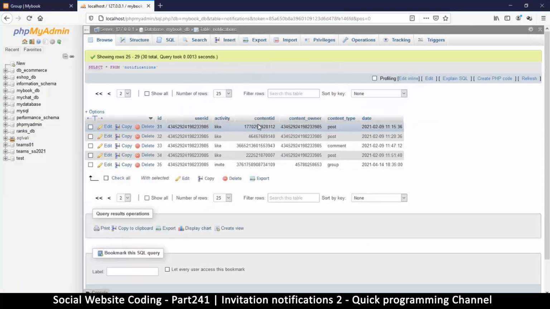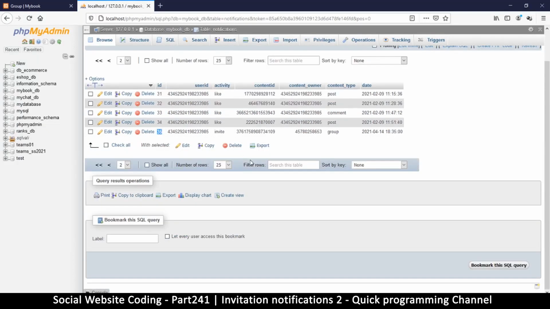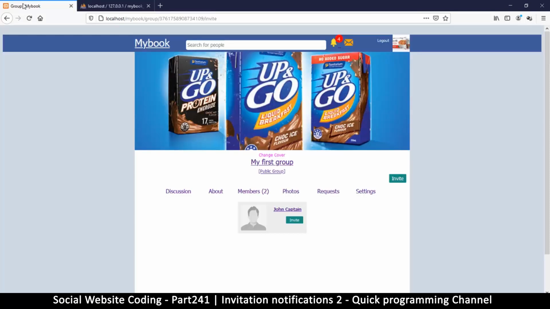Let's go back to the final side. Okay, so there we have number 35, which is pretty good. We have the user that invited, and it's an invite, and then content ID, that's the page name, I'm guessing, or the group name, the group ID, so to speak, which I should be able to see in the URL there,